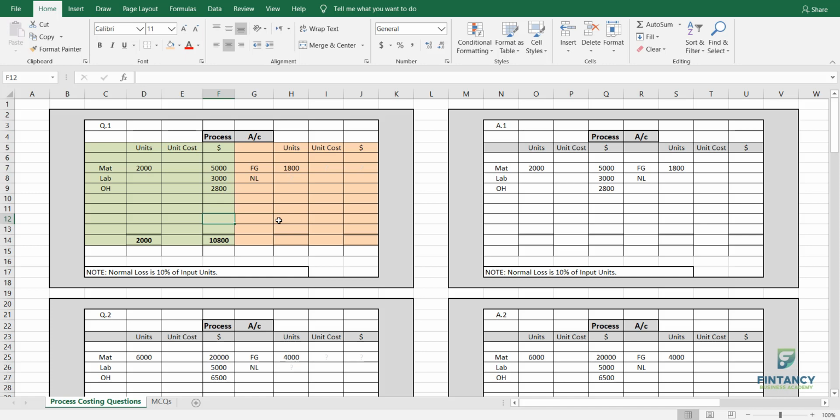Now, if you can see in the T account on both sides, we have 3 columns. What is the name of the first column? It's units, right? Second column is called unit cost, and the third column is total amount. Similarly, on this side also. Now, examiner is telling you during the month we have 2000 units of material input into the process. So you will write here. It can be liter, kilogram, whatever it is, no problem. And then they will tell you the cost also, that the cost of the material is this much.